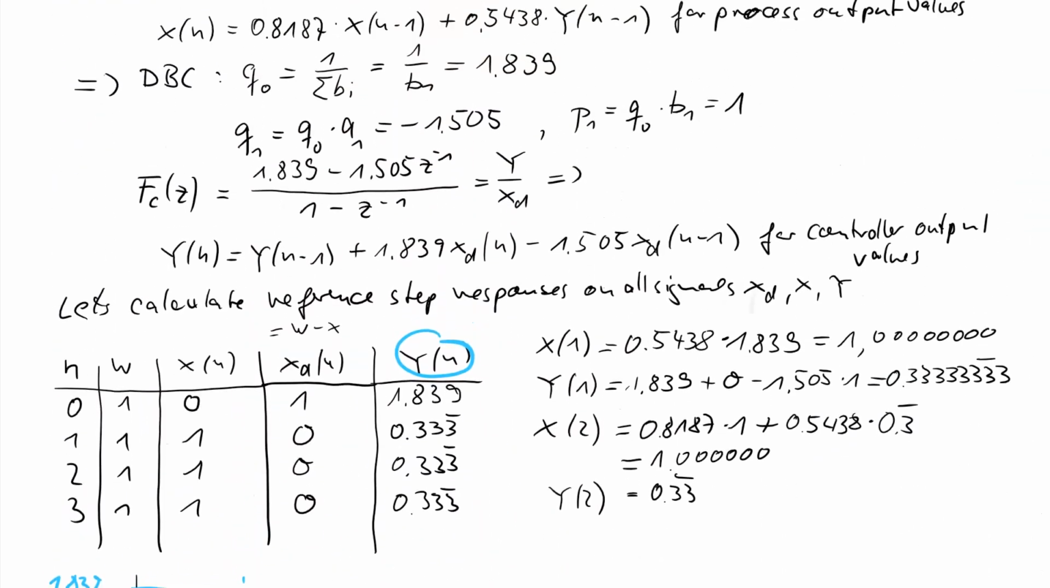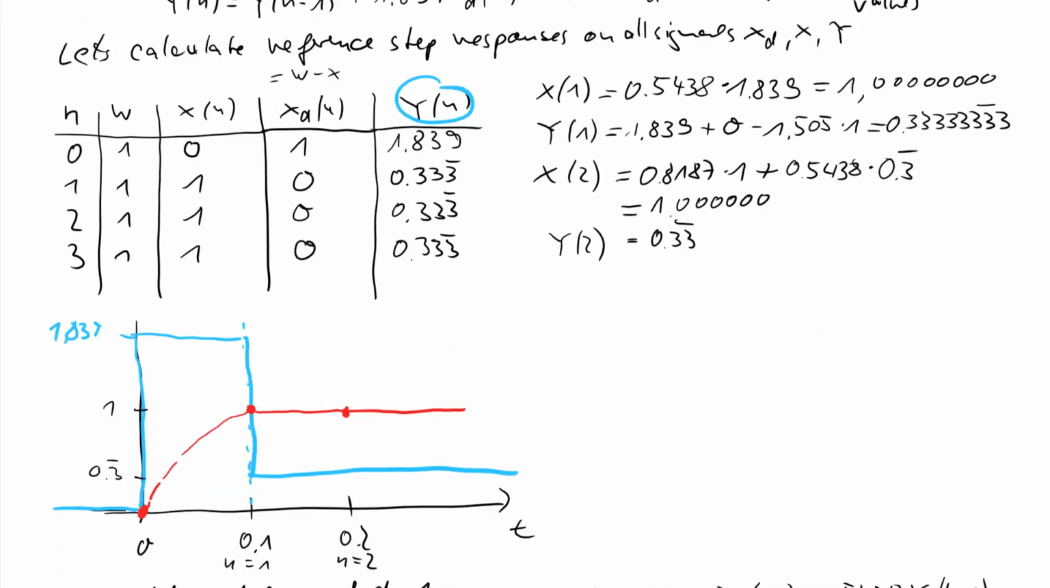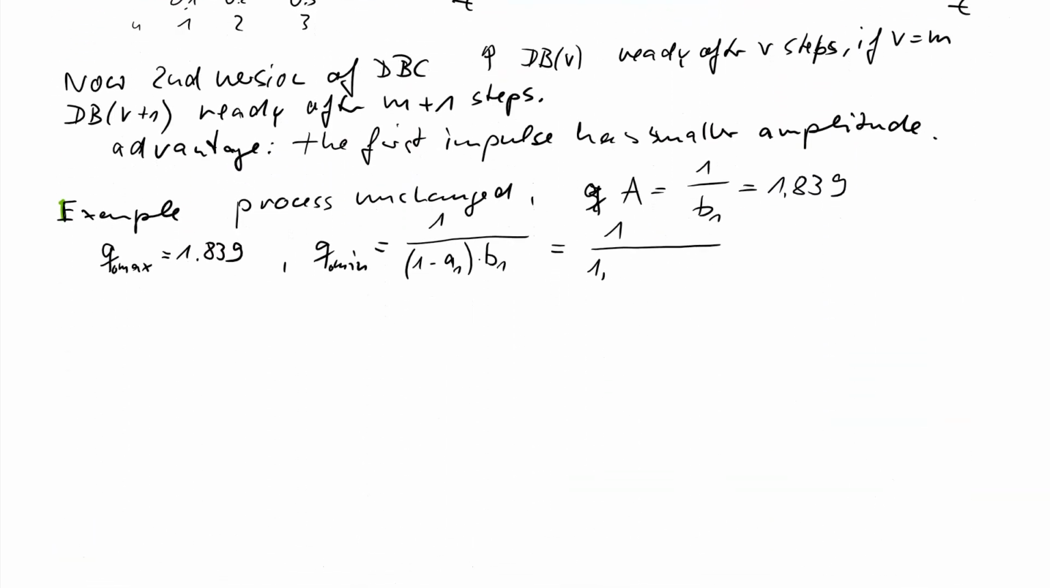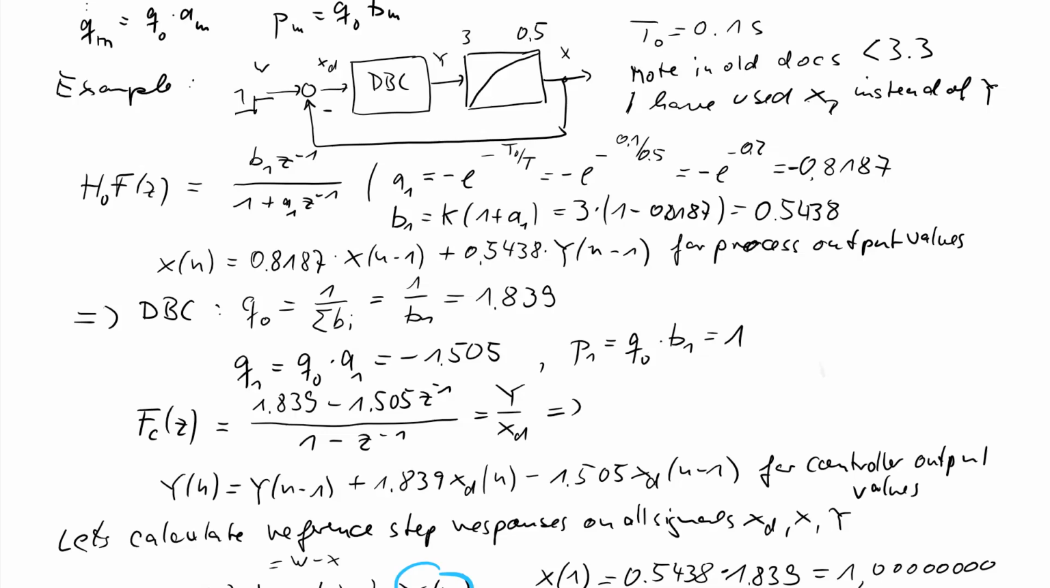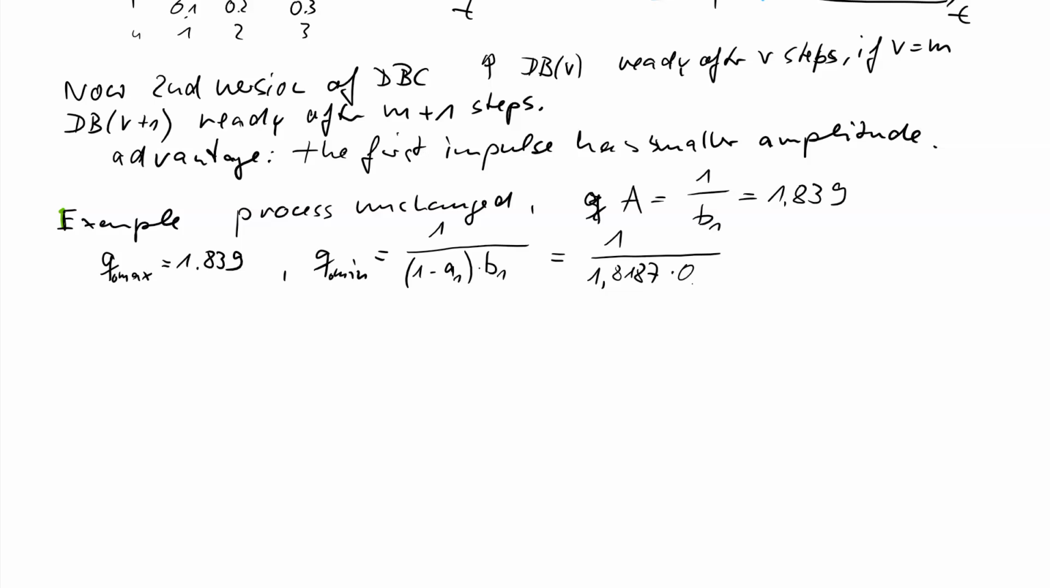Where is A1? A1 is here. It's negative 0.8187. So we have 0.8187 plus 1 is 1.8187 times our B1, and B1 was forgotten, sorry for this, 0.5438. And this is, okay, the result is